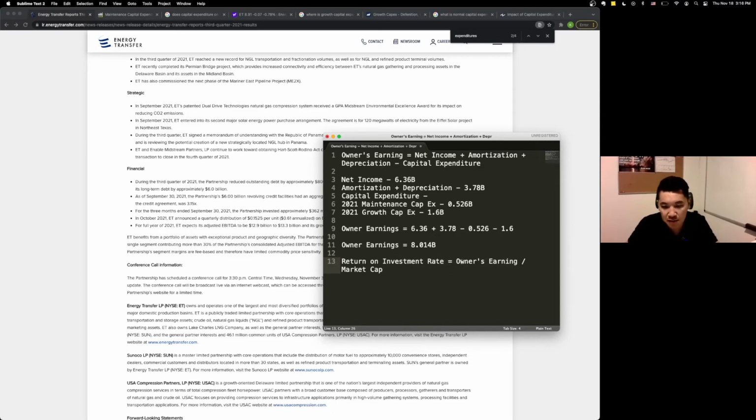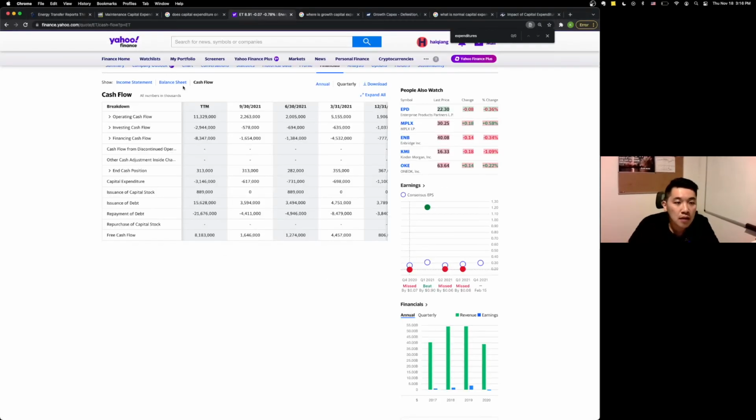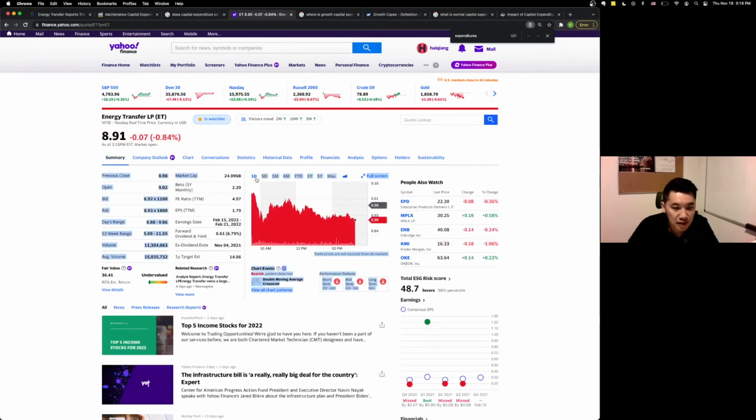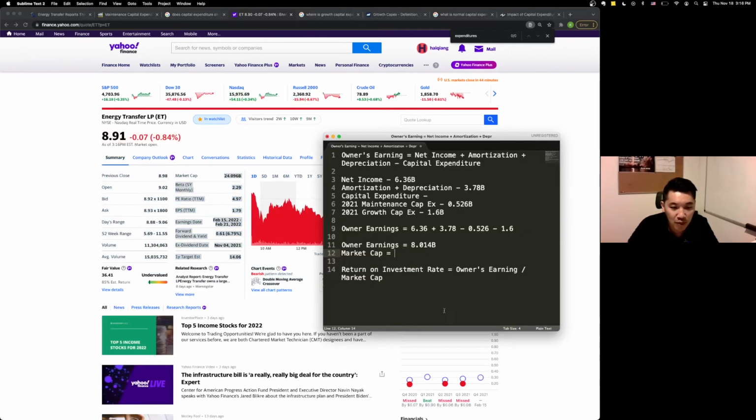So return on investment rate is owner's earning divided by market cap. Let's take a look at market cap right now. Let's see. The market cap is 24.09, let's round it up, so 24.10 billion. If we do the math, the ROI will be